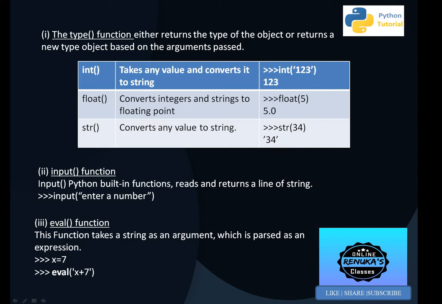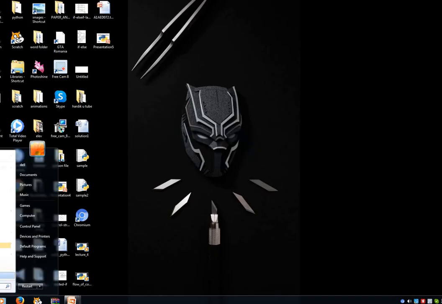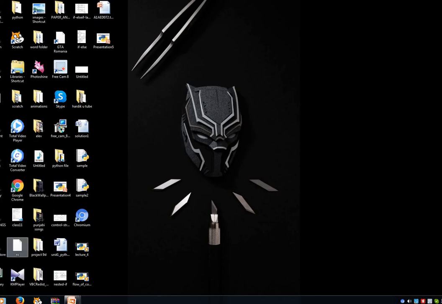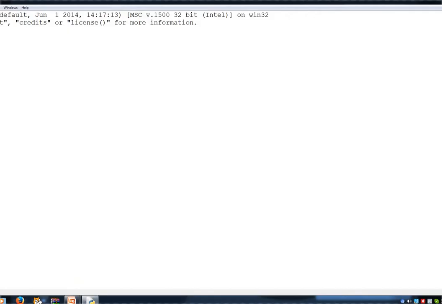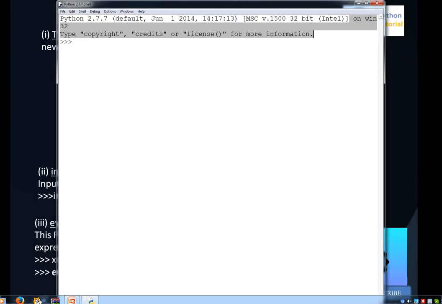We'll discuss each of these functions with the help of the Python prompt. We'll move to the Python prompt. First was type conversion.